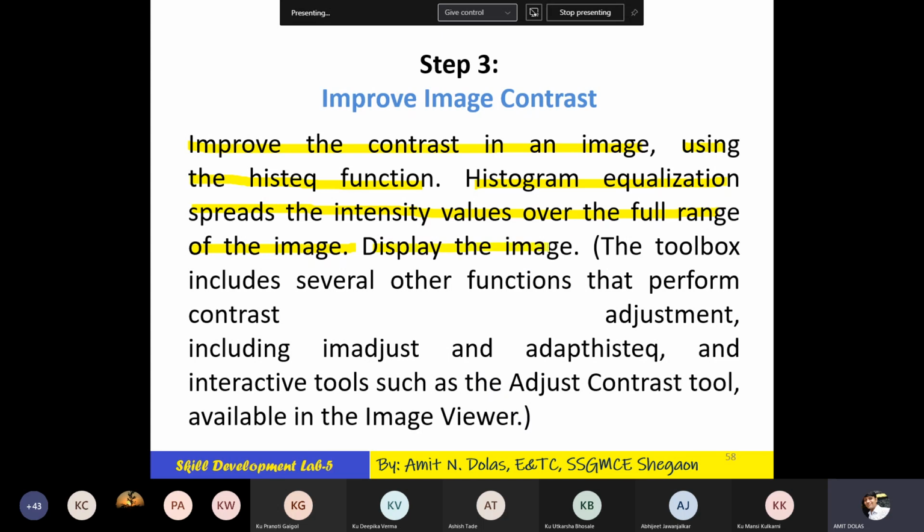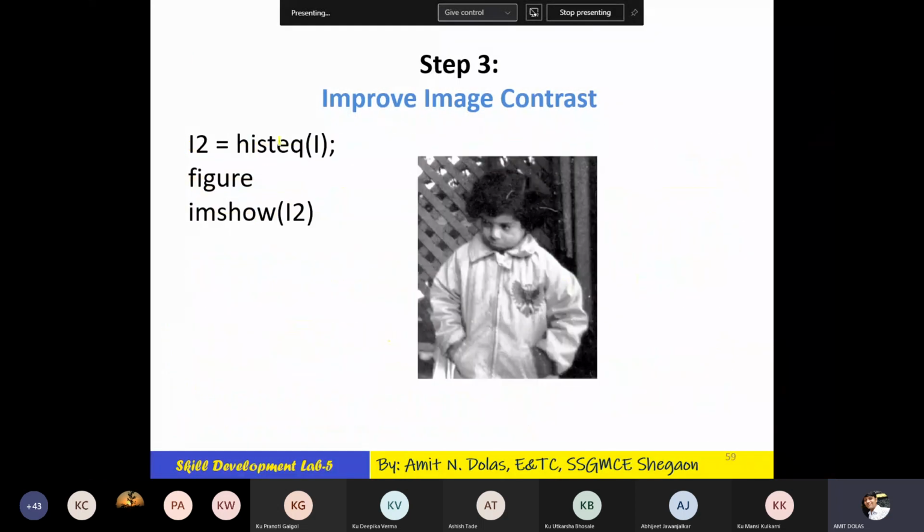Display the image. The toolbox includes several other functions that perform contrast adjustment, including imadjust, adaptive histogram equalization, and interactive tools like the Adjust Contrast tool available in the Image Viewer. We'll be looking at these advanced tools later on. We're performing only on instructions today. Now, what is done here?